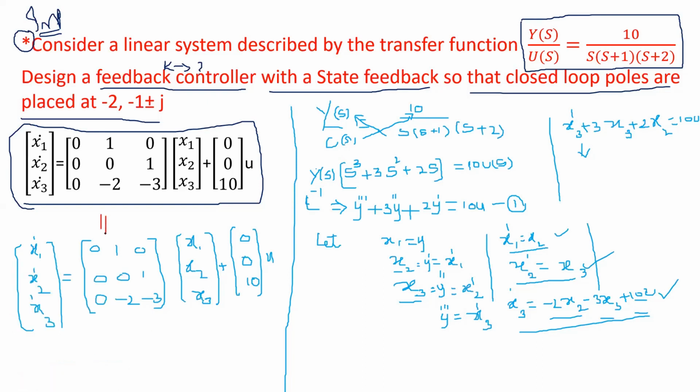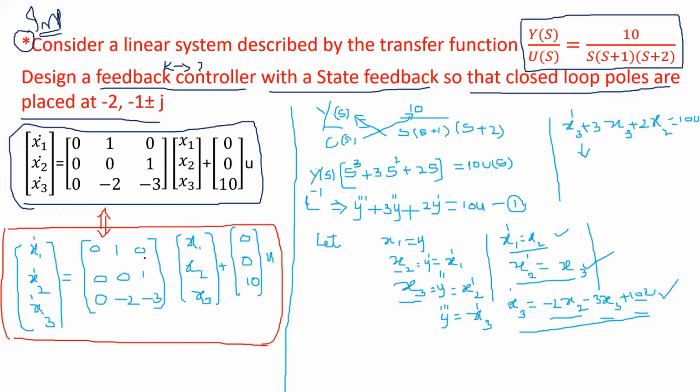So this is a state equation calculation from the given transfer function. I hope you understand. First, take the cross multiplication of the transfer function. Now expand the expression and apply inverse Laplace. There we can convert from transfer function to a state equation like this. For such types of problems, we have to find the state equation first. From that, we need to calculate the matrices A and B. So from this state equation, this is matrix A and this is matrix B.